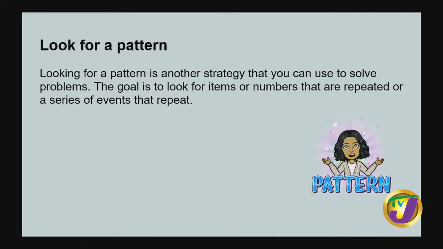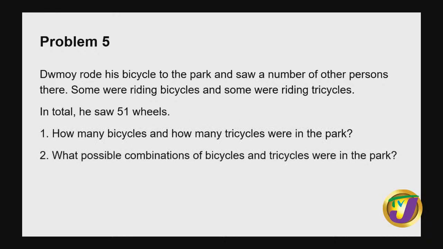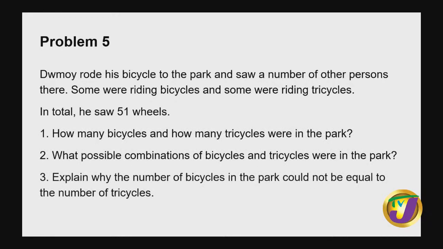And guess what? We need them to try this one at home. So we're just reading it for them, and we want them to screenshot it now and try it at home. So Dumoy rode his bicycle to the park, and he saw a number of other persons there. Some were riding bicycles and some were riding tricycles. In total, he saw 51 wheels. 1. How many bicycles and how many tricycles were in the park? 2. What possible combinations of bicycles and tricycles were in the park? And 3. Explain why the number of bicycles in the park could not be equal to the